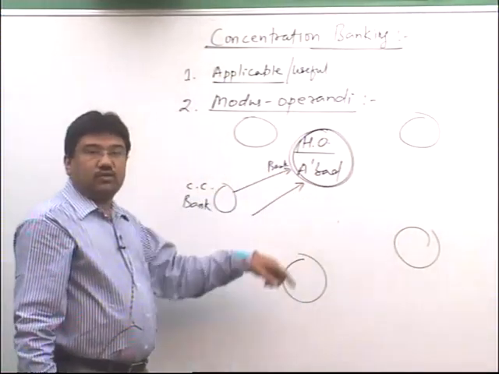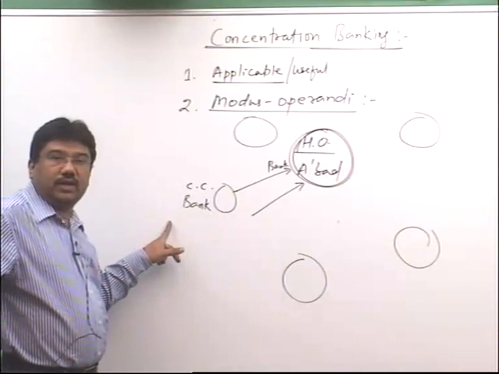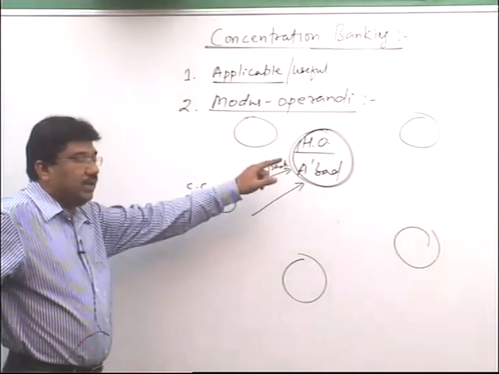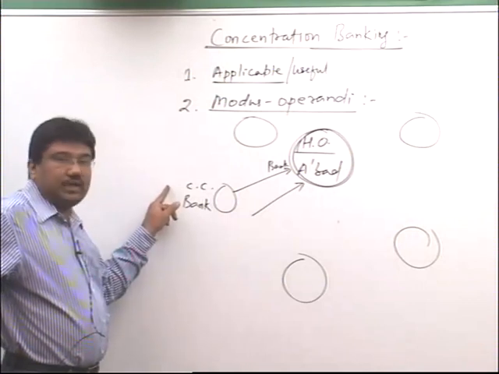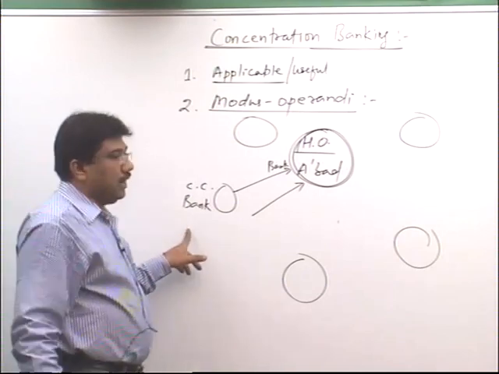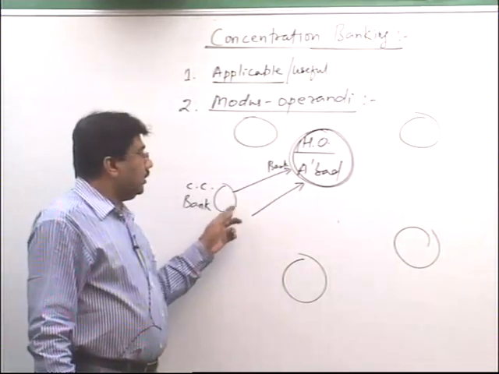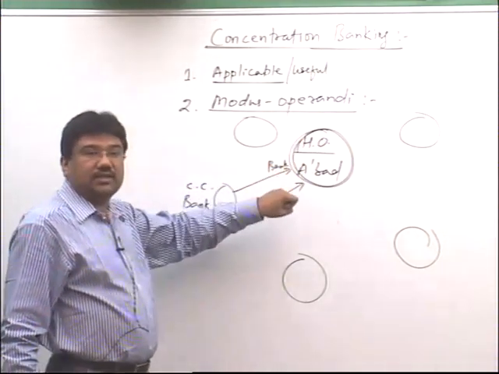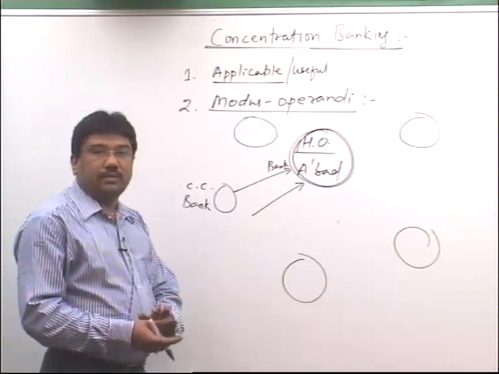So this is the modus operandi. First, open collection centers. Second, open a bank account wherever collection centers are open. Third, ask the customers not to send the check directly to HO, but to drop the check in the local collection center. Then the local collection center executive should deposit the check on a daily basis in the local bank, and the local bank should be asked to transfer the surplus fund, after keeping the necessary amount, to the bank account kept at HO. So by this the fund collection will become fast at HO. This is how the concentration banking system works.